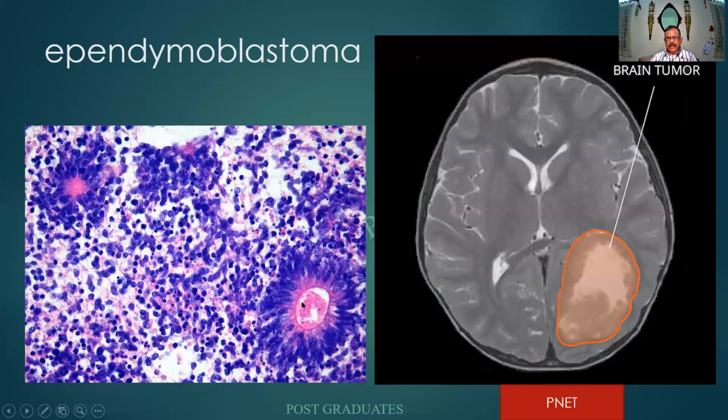Ependymoblastoma. Look at this again. Compared with the ependymoma that I had shown you earlier, there is a rosette over here, but these cells are all obviously very undifferentiated. Also, they are crowding. They are crowded around each other. There is multi-layering that can be seen. And there is also a sparsity of cells in these regions. Sometimes we tend to call them a pattern of survival. Around the blood vessels in a particular region, I find that there will be the survival. Elsewhere, there can be areas of necrosis.